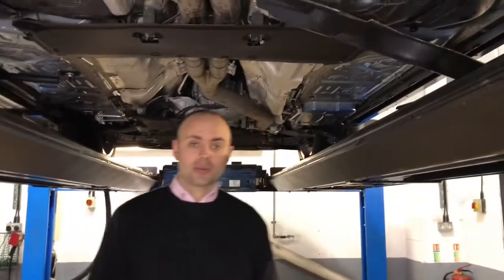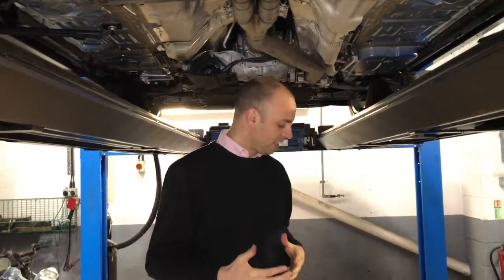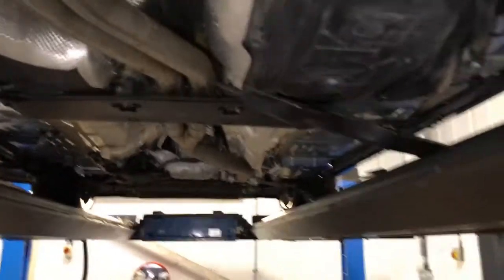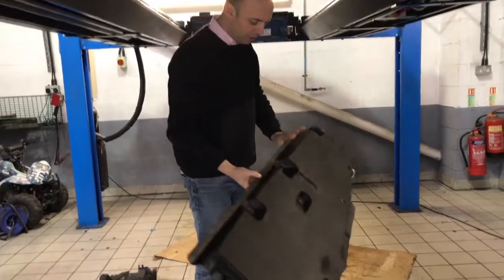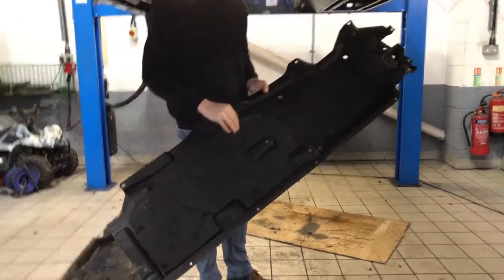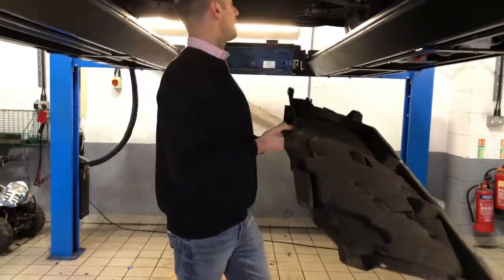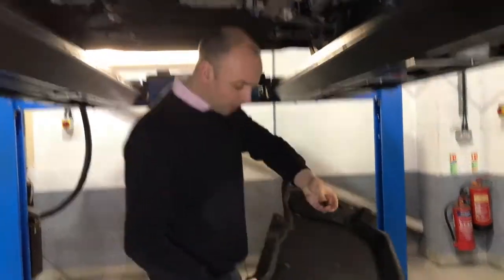So, underneath the vehicle, one of the first things that you'll notice if you manage to get underneath there, or if the garage is fitting it, is that the Q7, all the models, have these various shields underneath. For example, this kind of beautiful setup here. With these shields, you've not only got the main shield, but you've got these foam resistance pad shields there. You take them off using these clips and poppers all the way around the edges here,